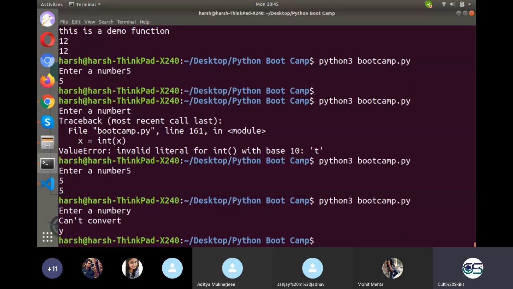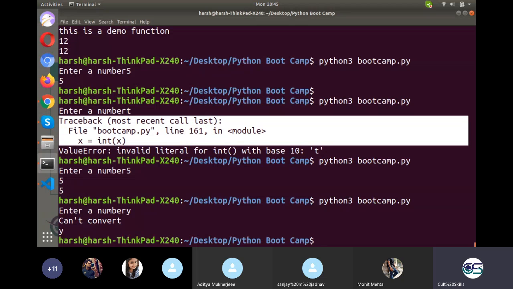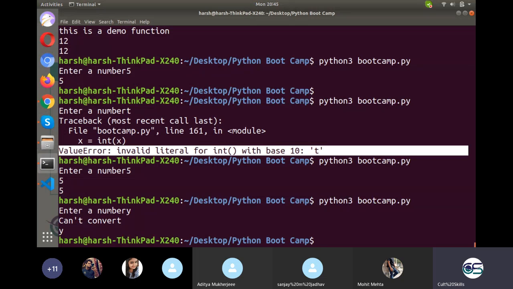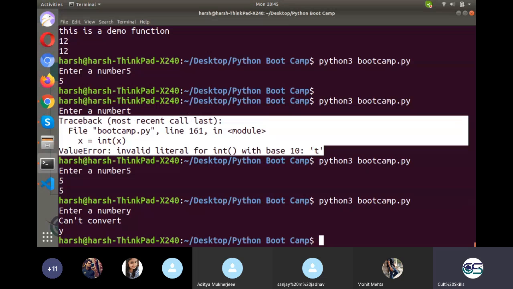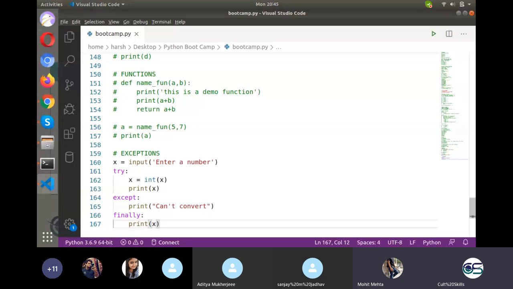So what happened with that is that we didn't fall into this trap of ugly output and our system didn't break off. If we are in a loop, it shouldn't break. Like in the case of an ATM, when we make a transaction, if we give our password wrong or something, the ATM doesn't stop. It says your password is invalid, wait five minutes or wait for another try. Then again the ATM reboots itself for a new try for another customer or the same customer. So with the help of try and except, we can do this, and one more block, finally.